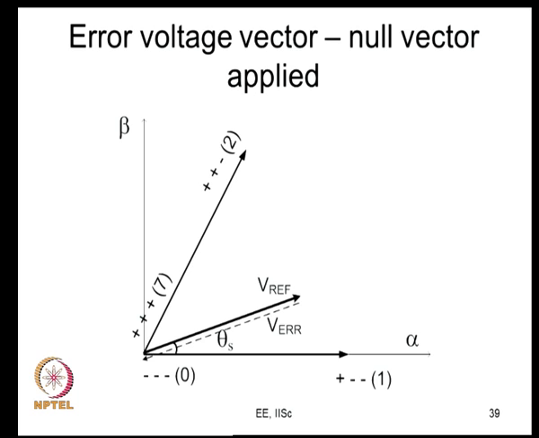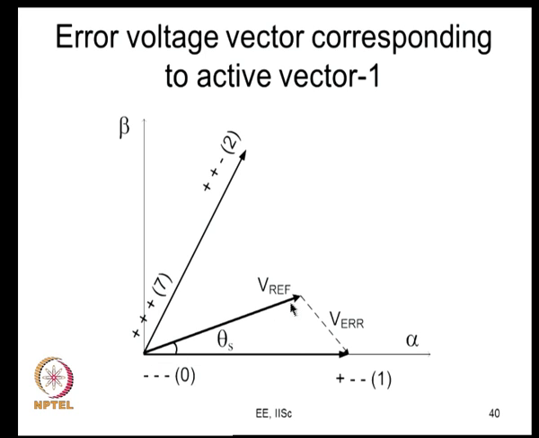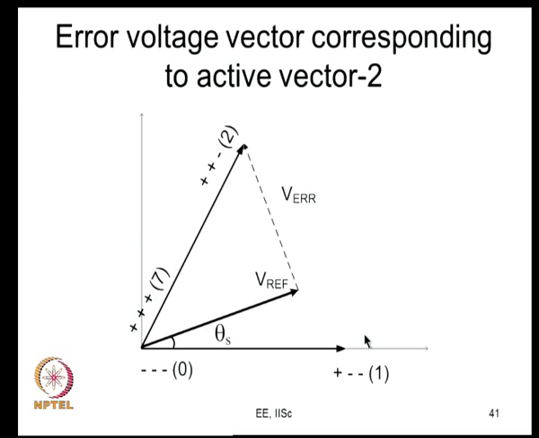So, what happens now? We are now going to analyze the error. So, this is the error. When you have applied the reference vector, what you want is the reference vector, but you have applied a null vector. So, the error is this V error vector. Again, what you want is this vector, you have applied the V1 vector. So, this is your error vector. Again, sometimes what you want is this reference vector, what you have applied is the V2 vector. So, this is your error vector. So, when you want this reference vector, sometimes you have an error like this, or sometimes you have an error like this, and this error is a problem.